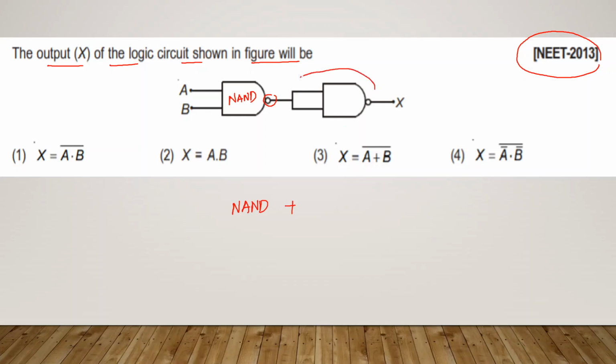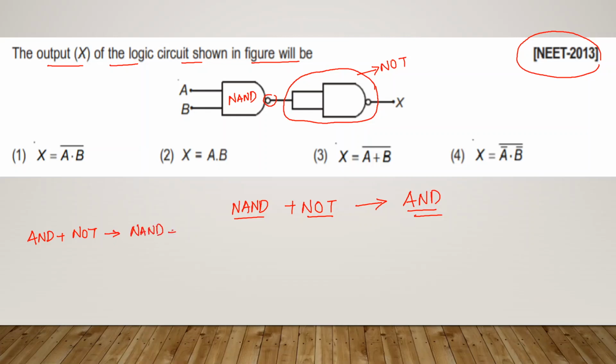Plus, this symbol is which one? Already I have mentioned, whenever both the inputs are joined with a bubble here, then this always represents the NOT gate. So what will be our answer? See here, NAND gate plus NOT gate will give AND gate. Previously we did this problem with NOR gate, just a few problems before. So whenever a NAND gate is added to a NOT gate, it will become an AND gate. We have studied that whenever an AND gate is added to a NOT gate, it will become a NAND gate. Again, if you add a NOT gate to a NAND gate, it will again become an AND gate.